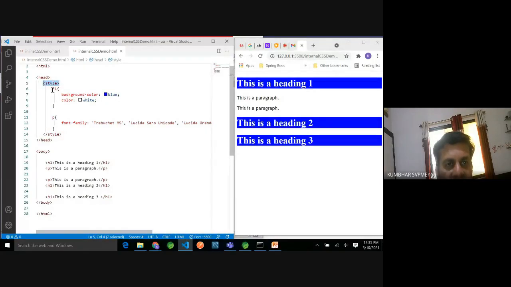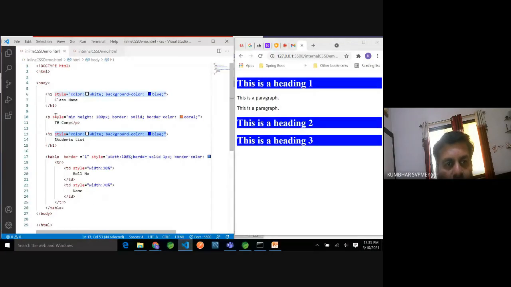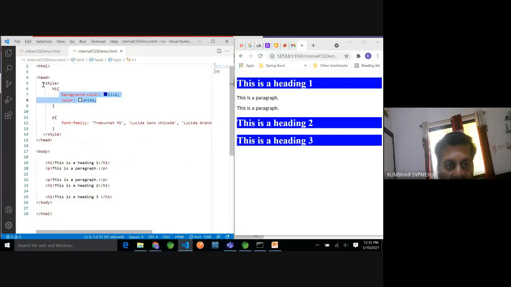Inside that, I can mention the element to which I have to apply the style, and I can give the style. So here, as I have used the style tag, no need to write the word style. But in inline, you must use the word style. In inline, style equal to and the content. In internal, style tag, inside that the element and its style in the curly bracket, and as many as you can apply.